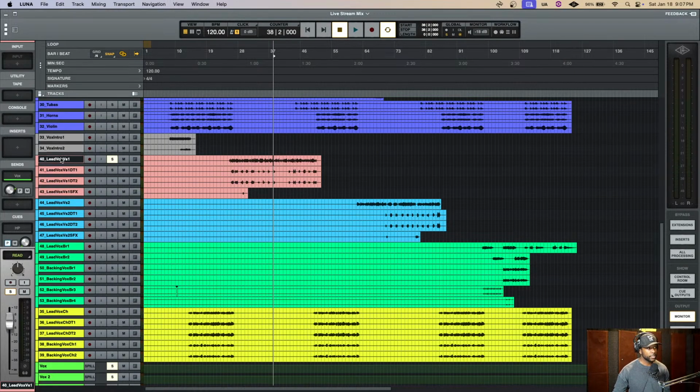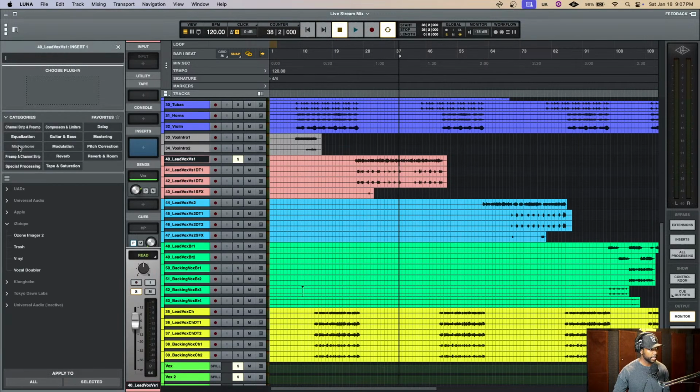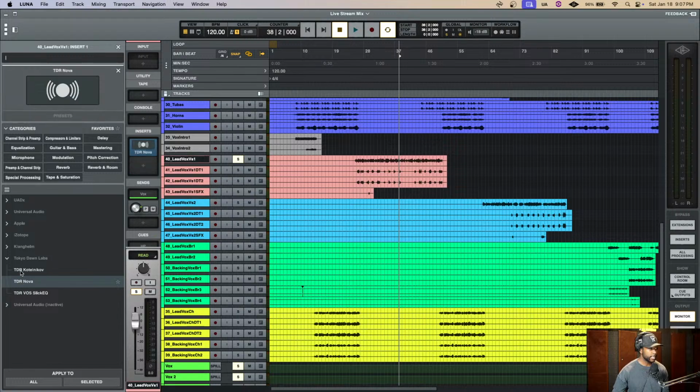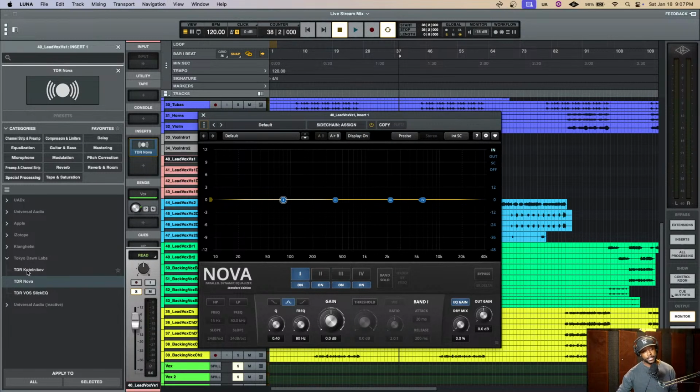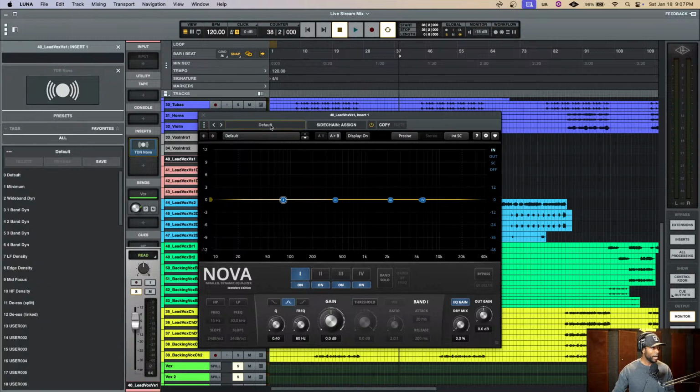So what I'm going to do, I'm already on lead vox verse 1. As you can see, this is the verse. I'm going to click insert. And right now, I can either click equalization, but with this, it shows just what's already on here. So as you can see, Tokyo Dawn Labs, because that's the website. So if I click Tokyo Dawn Labs, go down, I got TDR Nova. So this is the EQ that I was talking about. And this is my first time using it too, so I'm excited. As you can see, there's all these different